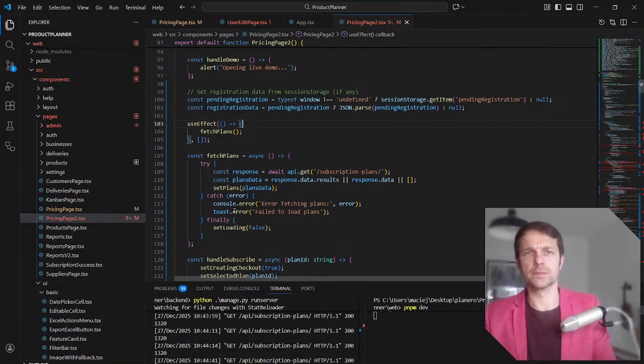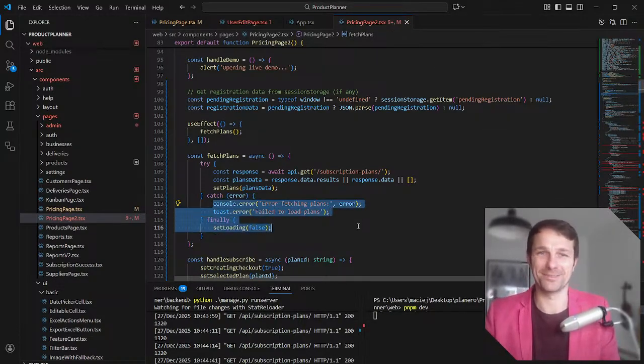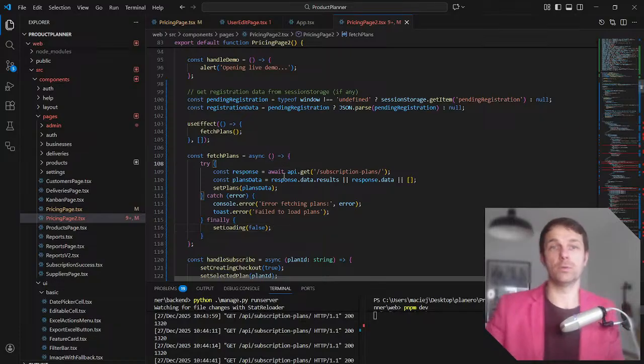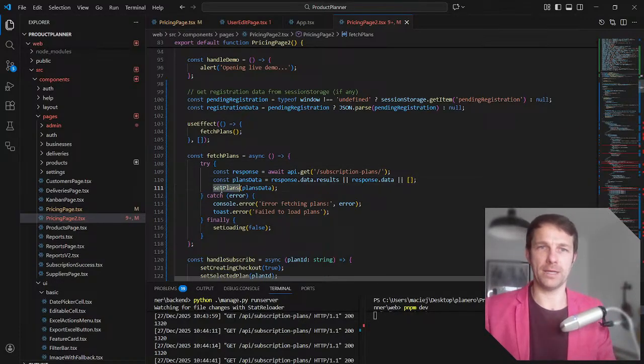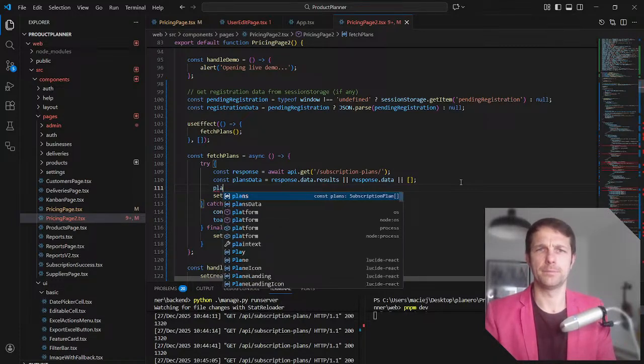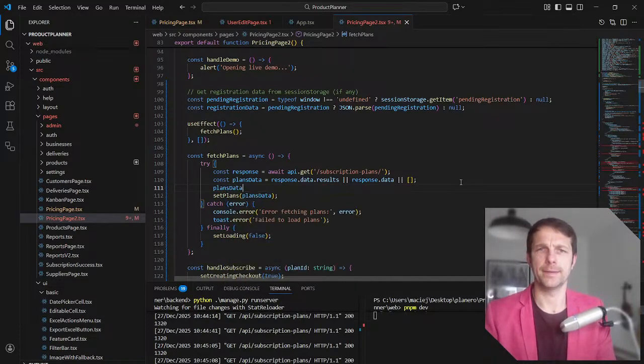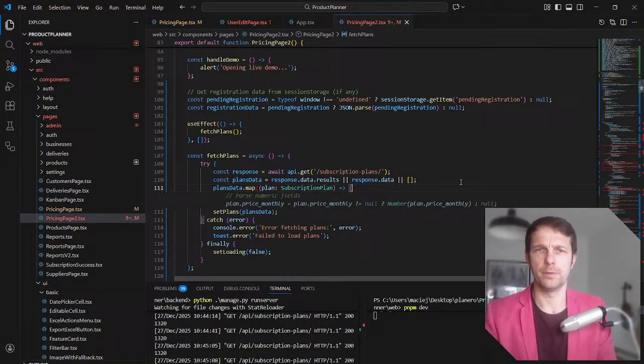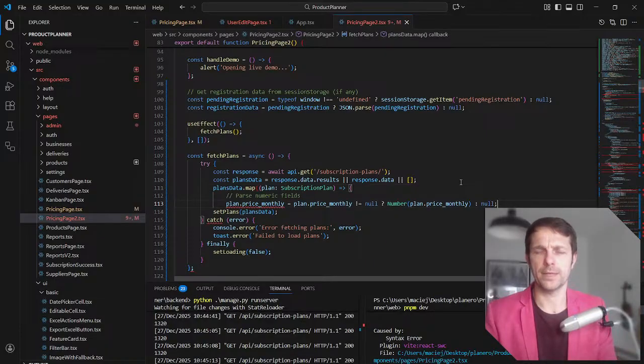Yeah, I can see there's so much crap here, but what I can do before I even set the plans is check the plans data and map through it. Ooh, map. And price.